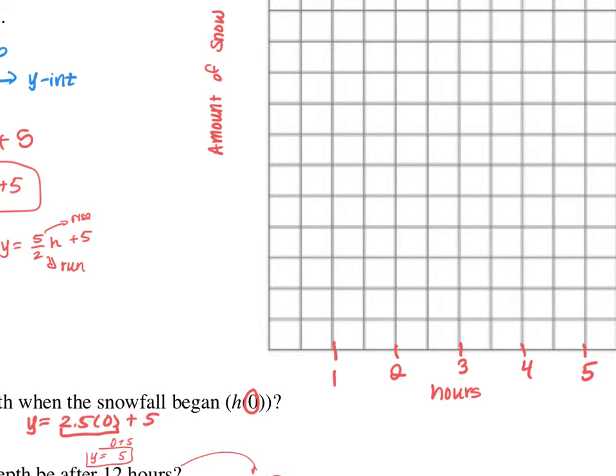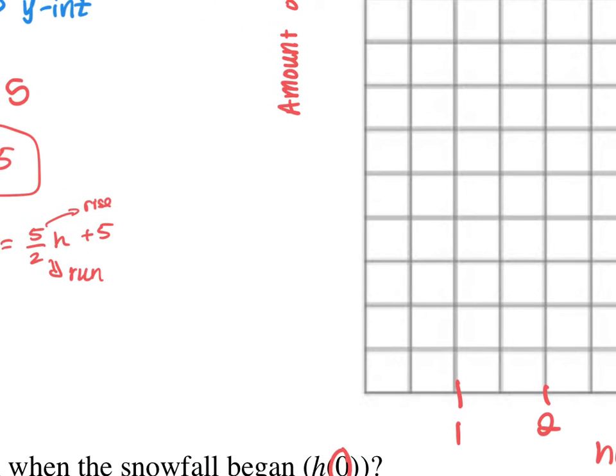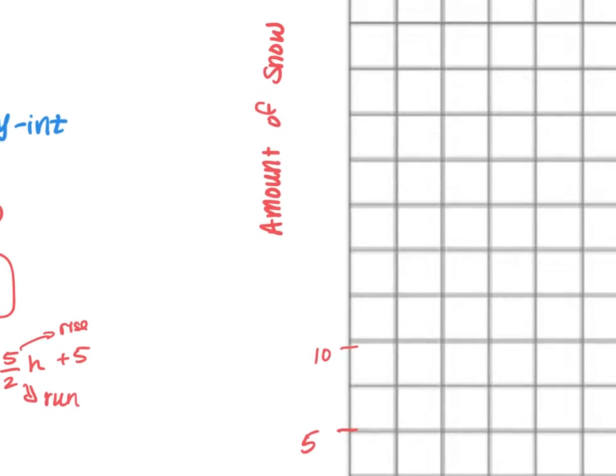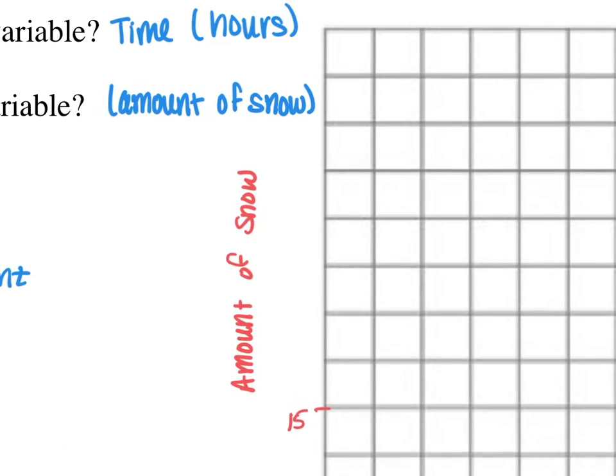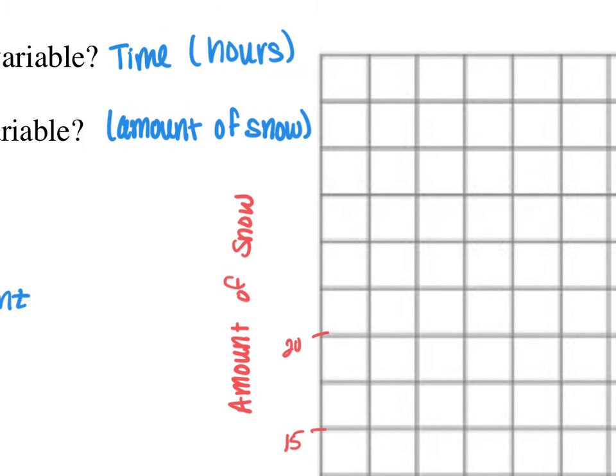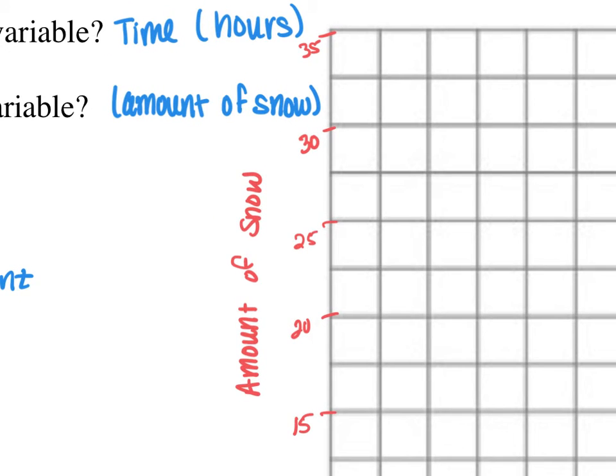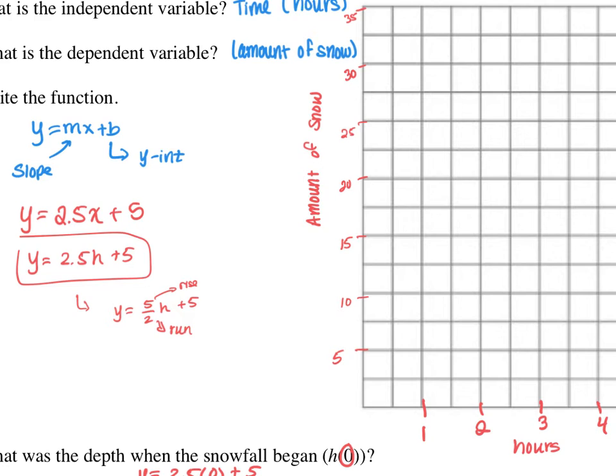I'm going to make every 2 boxes 5. Basically, every box is 2.5. So you can do the 5 over 2h plus 5, or you can just do the